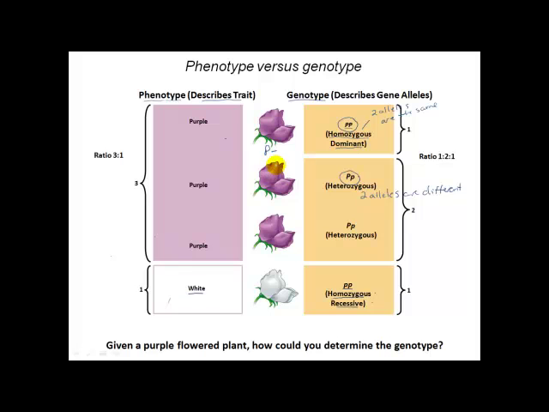So if you saw a purple flowered plant, how would you determine the genotype? If purple can be either homozygous dominant or heterozygous, how would you determine which was which? Well, you could carry out multiple crosses across the generation between purple flowered plants and try to work it out that way. But given the fact that pea plants give hundreds of offspring in each cross, you could actually answer this question with one genetic cross.